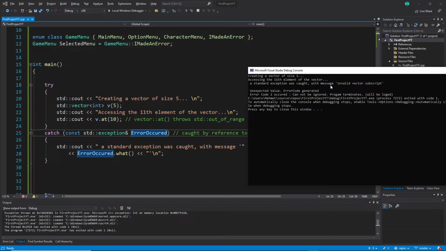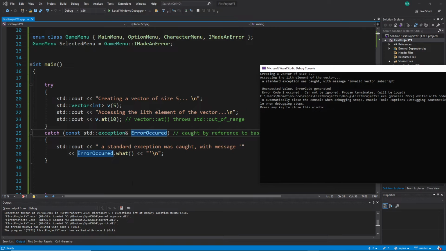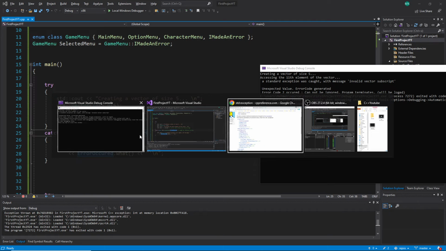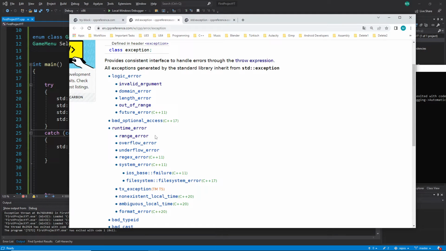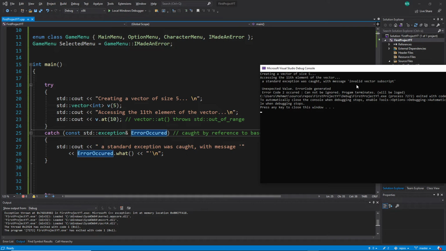Exception was caught with message. Interesting, a standard exception was caught with message, and then you can see this here. Error occurred, variable name, of type exception. It will check one of these types here. We can see out of range is here. You see, one of these is out of range. I found it. Okay, out of range, and we can see it. It says here invalid vector. Actually, it's not. Yeah, it says here invalid vector, but interesting is it is normally an out of range